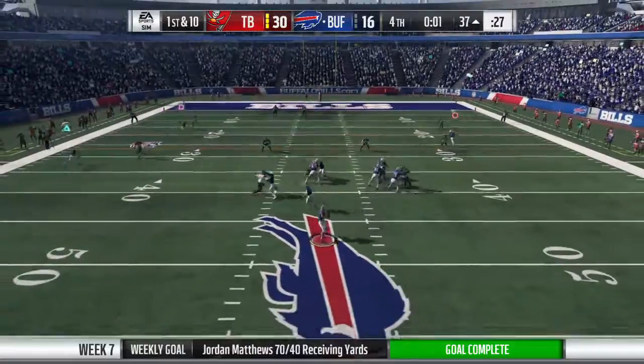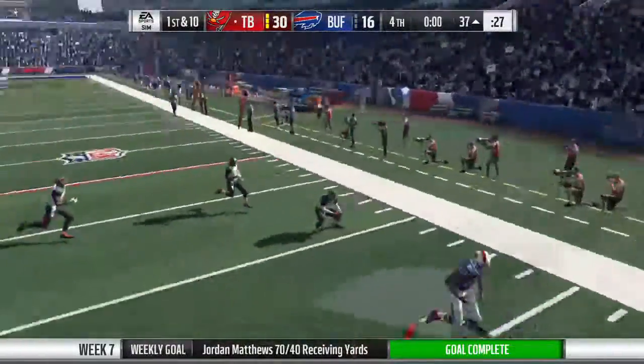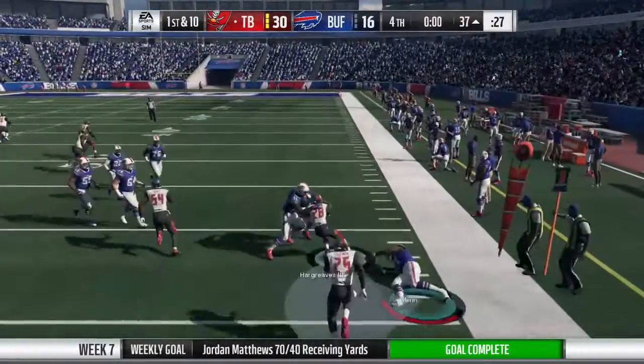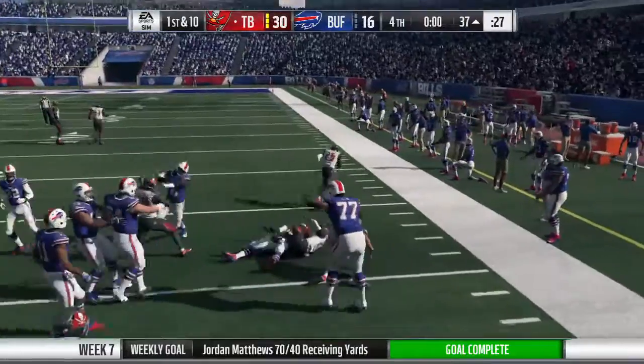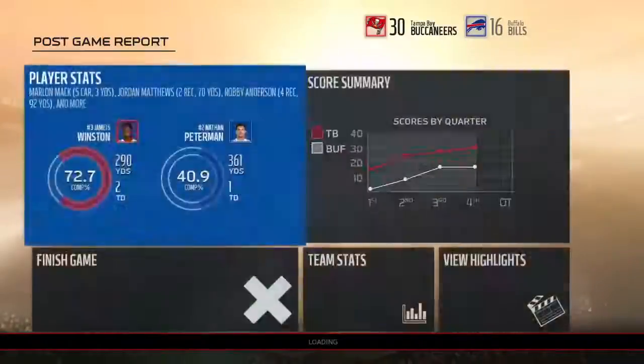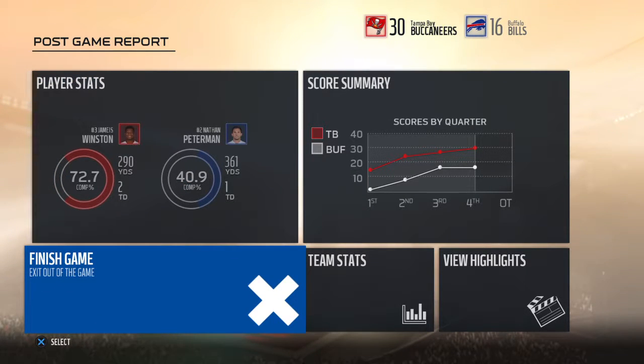One last shot for Peterman. Now a desperation throw deep. And this is intercepted. And that should do it. Vernon Hargreaves with a pick. And that will write a finish to this ball game. A road win in the National Football League. Charles, you never take that for granted no matter who